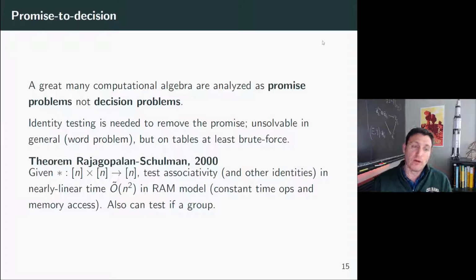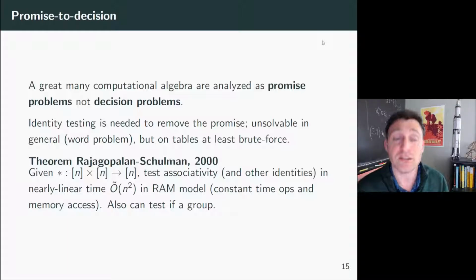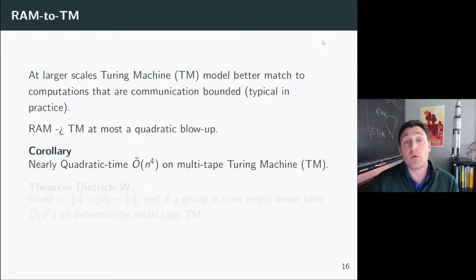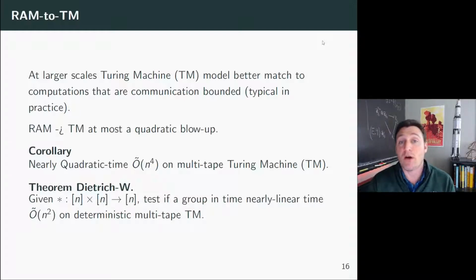Now there is work by Rajagopalan and Schulman that tests identities of multiplication tables, such as associativity and group laws, and that's been done on a RAM model in nearly linear time. As we move to the complexities we're at, the scales we're at are trying to scale with large computations, where memory is now a problem. Communication costs have to be factored into our complexity, and there we have a blow-up. And so we need an improvement, which we've offered with a nearly linear time algorithm, which I'll walk through with